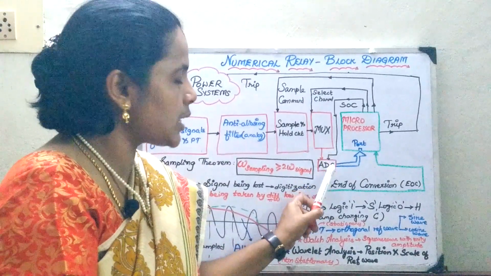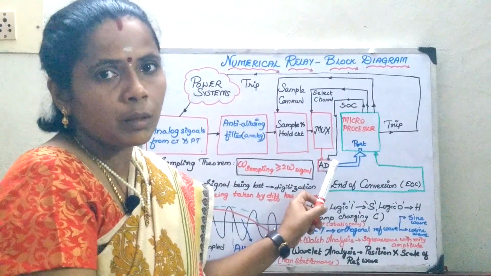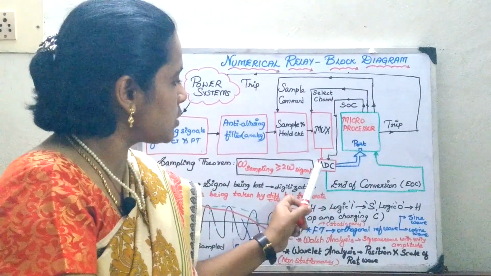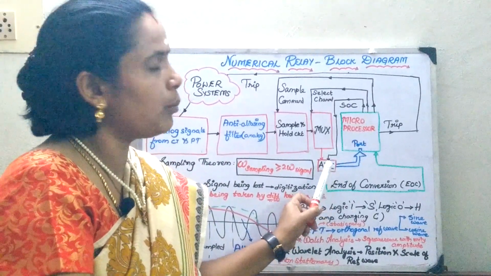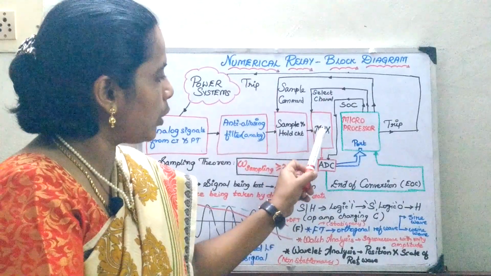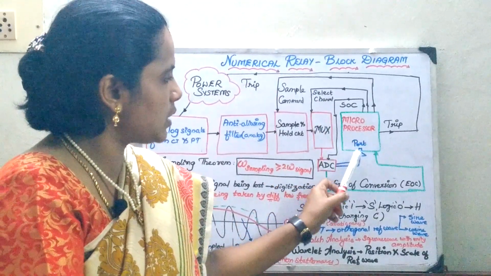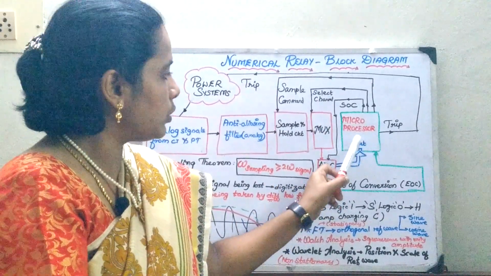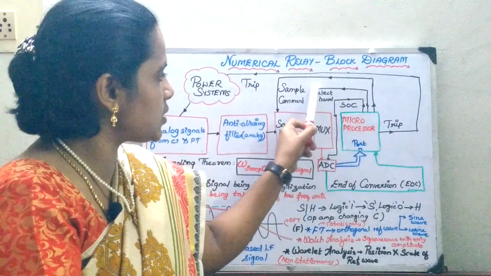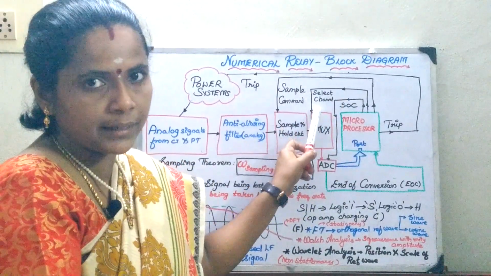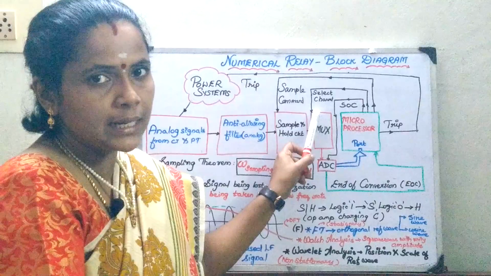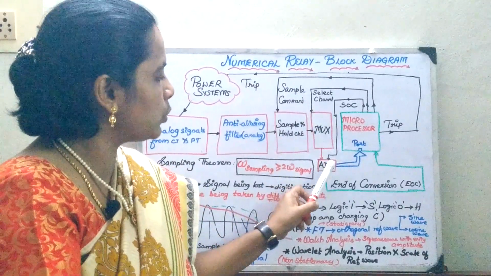This has to be digitized to be processed by the microprocessor. So this is the analog to digital converter block. When the signals are sent from this mux, the ADC is there. Now this microprocessor will first issue to the mux which channel is to be selected. Depending upon the channel selection, the data is going to be routed through your ADC.